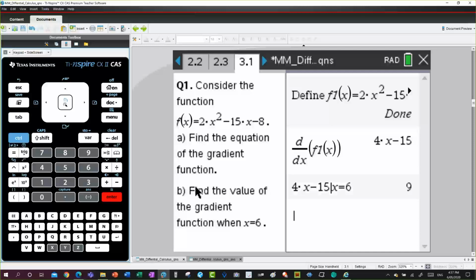And then if I just put in x equals 6 and press enter, the gradient at the value when x equals 6 is 9. So now another way that we could do that, let's say that before we got up to this question